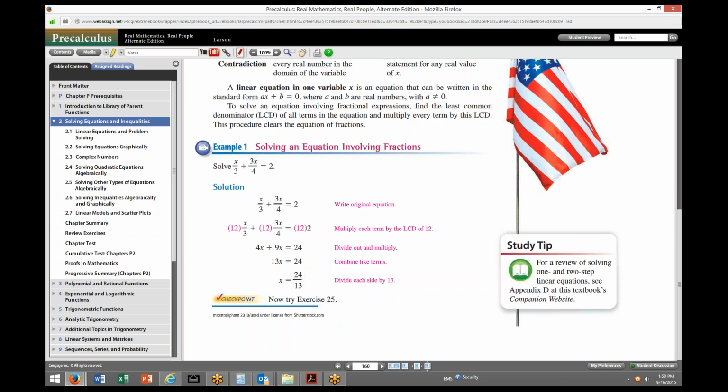So first of all, a linear equation that has fractions in it. I was going to go over some of these with you with the iPad, but the computer system today is not going to let me do that. So we'll use example 1 in the text on page 160, where it asks us to solve x over 3 plus 3x over 4